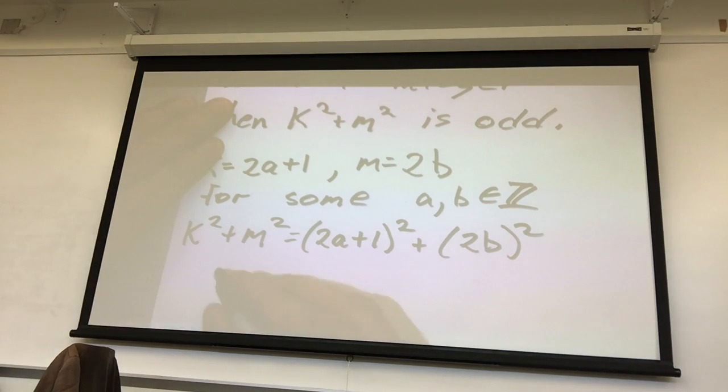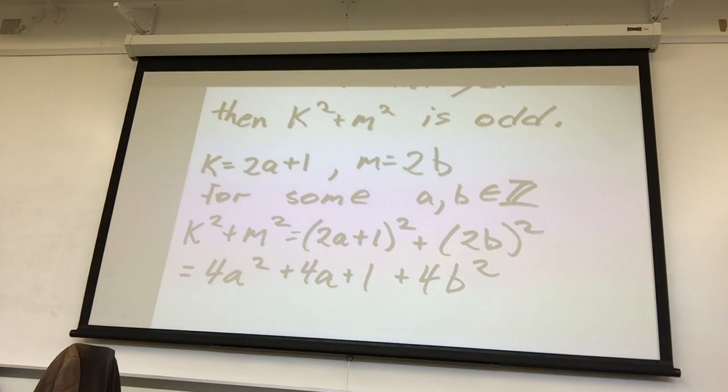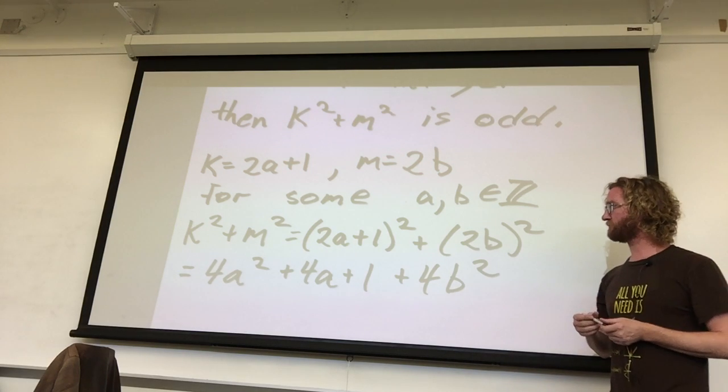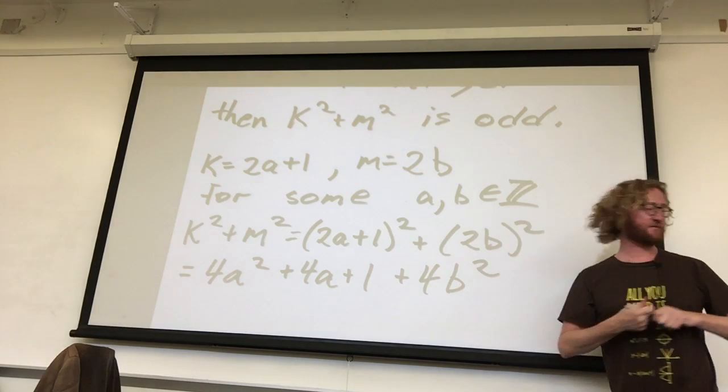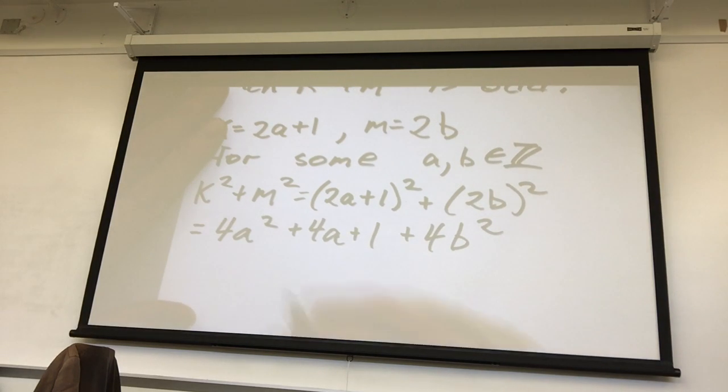So that would give me 2a times 2a, yeah, plus 1. And if we do a little bit of manipulation of this,